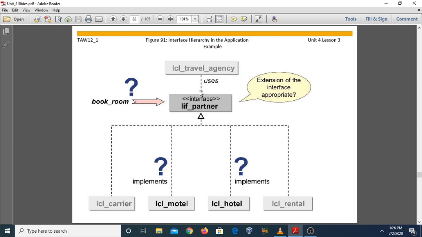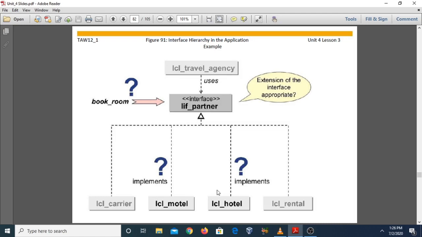So can we add other classes which can implement this interface? That means if motel and hotel also want to provide services to the travel agency in the form of interfaces, book_room is our service.